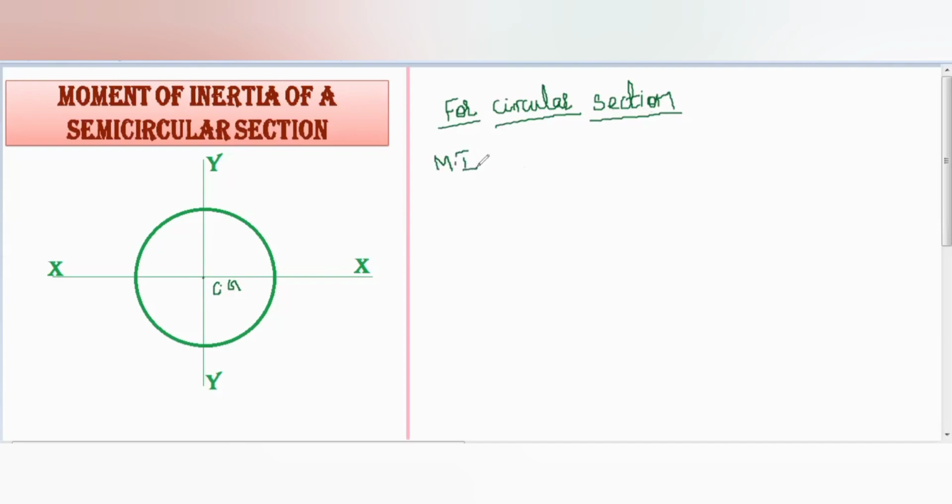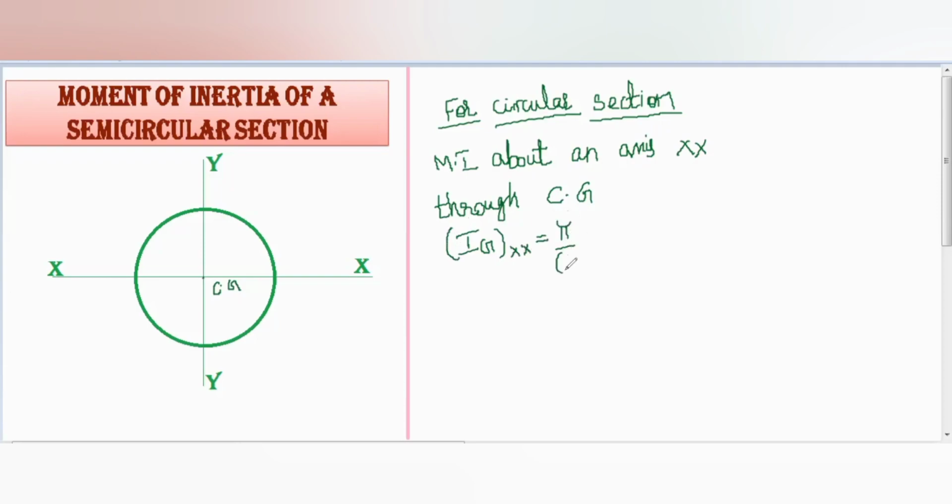Moment of inertia about an axis x-axis or horizontal passes through the center of gravity, that I'm going to mention as IG x-axis. That will be pi by 64 into d power 4,